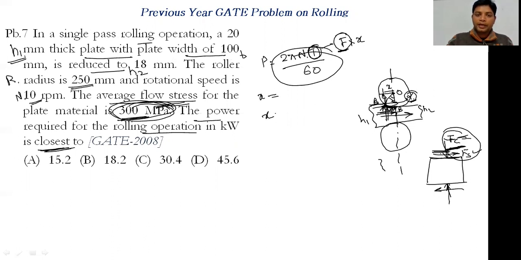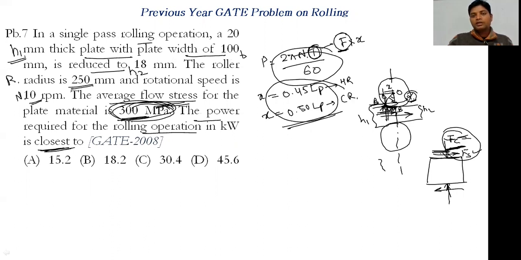अब ये जो x है ये आपका जब हॉट रोलिंग होगी और कोल्ड रोलिंग होगी तो उसके लिए कांस्टेंट है, ठीक है। तो हॉट रोलिंग अगर होगी तो दिस विल बी इक्वल्स टू 0.45 into LP, this is for the hot rolling process, and this will be equals to 0.50 LP, that is for the cold rolling process। okay, but these things we have to consider when it is mentioned in the question